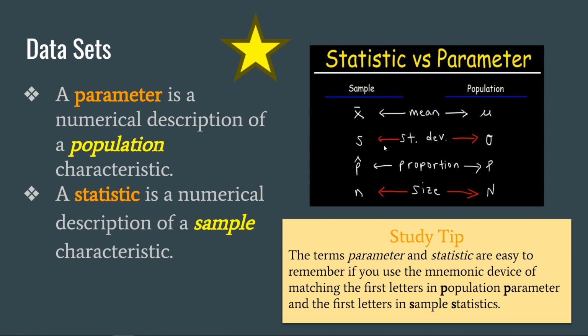STDV means standard deviation, s for sample, simple. This funny looking o with a strange haircut on it is called sigma. And then we have p hat, that little triangle thing is called a hat. And then p without a hat is for population. That is for proportion, such as probabilities. And then little case n is for sample, and big case N is for population. Think of this as parents, population, kids, little n. Okay?